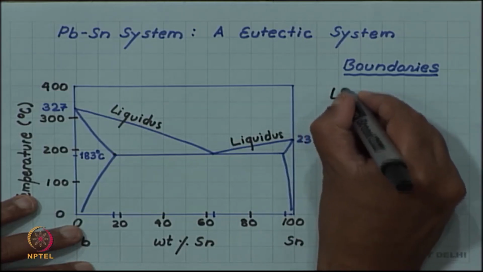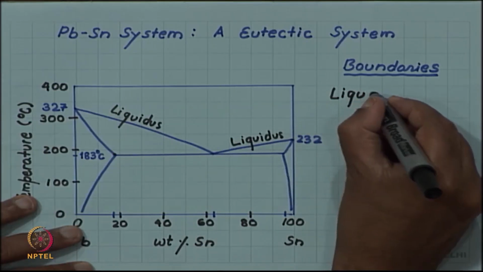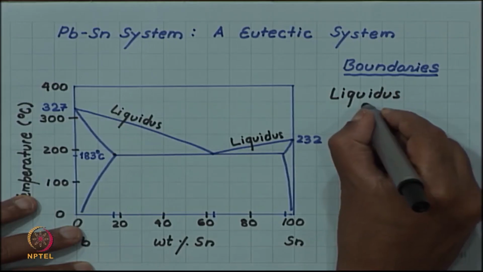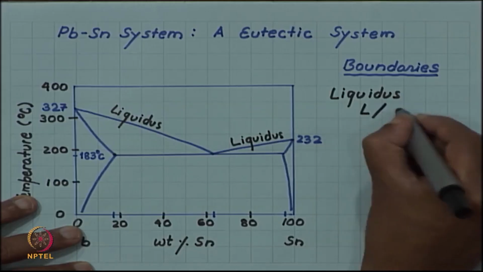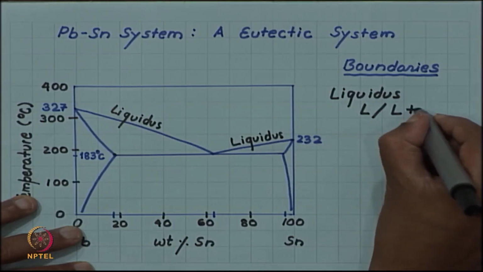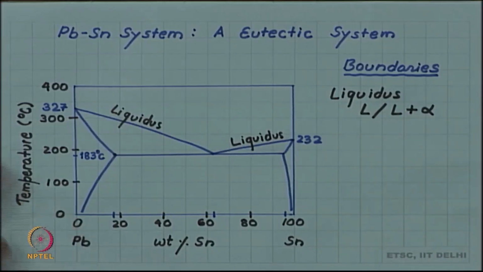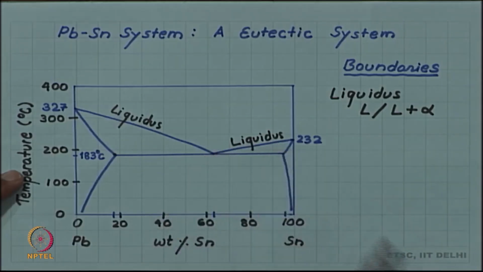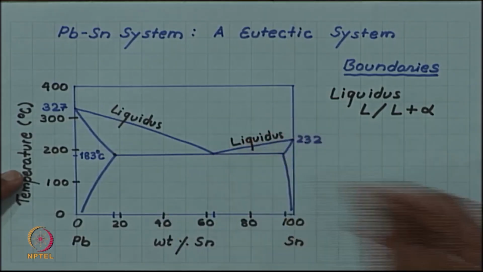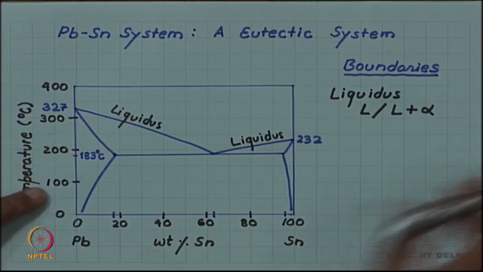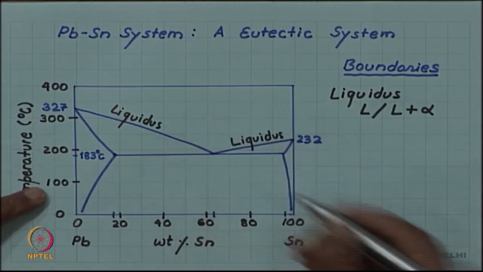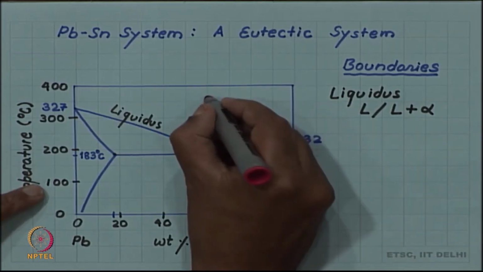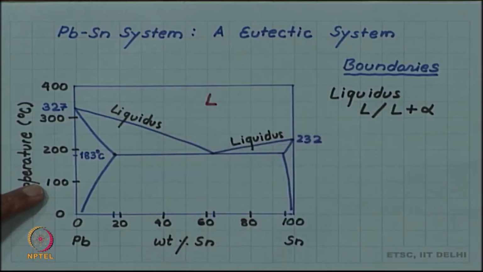So, liquidus is any boundary which separates a single phase liquid from a mixture of liquid and solid. So, this is a liquid plus alpha phase boundary, this is liquid plus beta phase boundary. I have not yet mentioned the phases. So, let me first label the phases in this diagram. So, above the liquidus you have liquid,